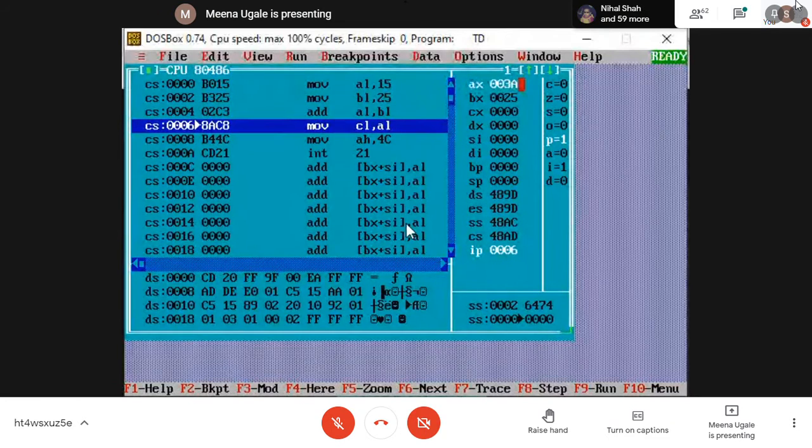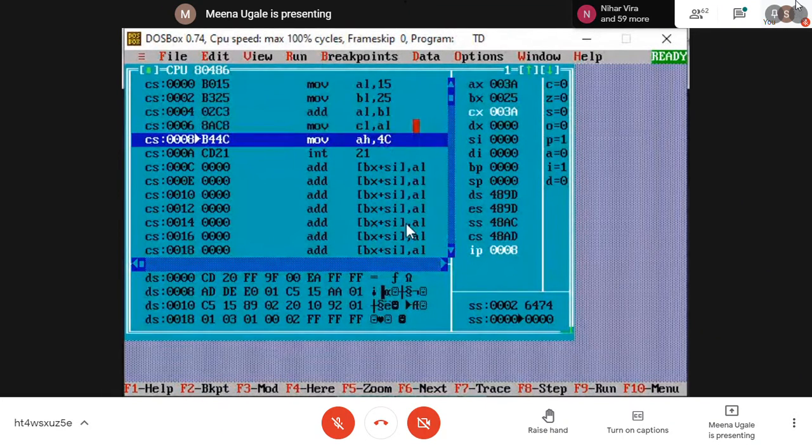So the output you are getting here in AL is 3A. And that 3A I am moving to the CL register. I'm pressing F7 one more time and I'm getting this answer. 003A is the final answer of my addition.